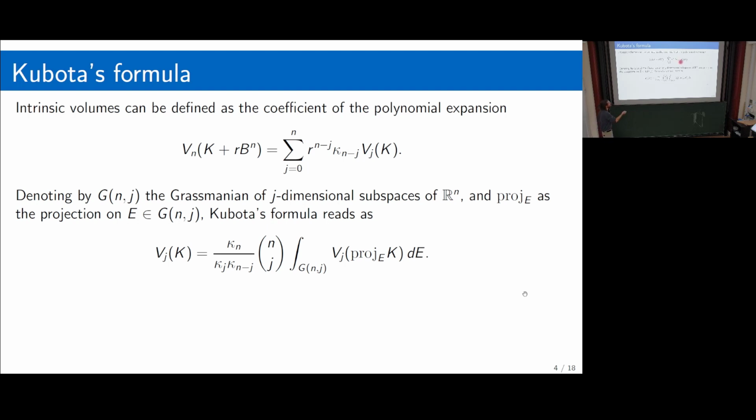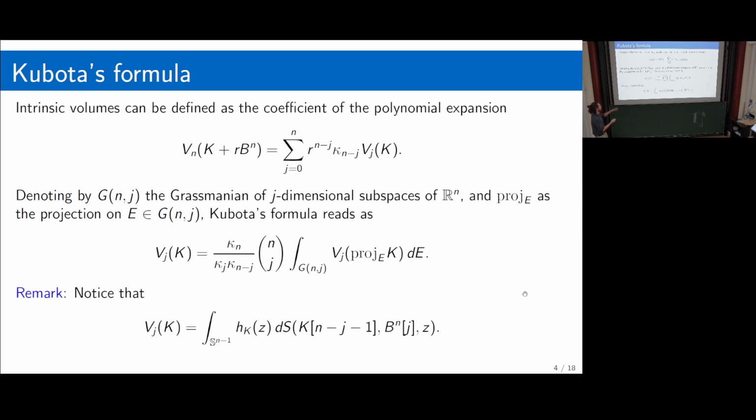As I said, we consider the average of the projections on subspaces of fixed dimension J, and then we have a normalization term, and this is just, again, the J-th intrinsic volume of the original set. This will be useful for later. We can still express these as something involving these mixed surface area measures. Actually, these are even more particular ones, because these are the J